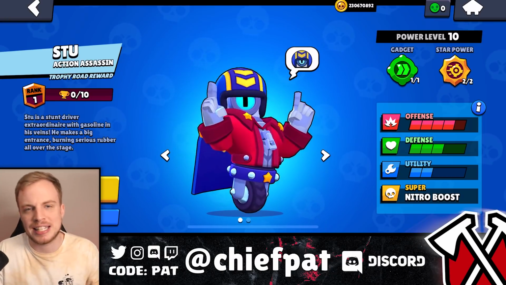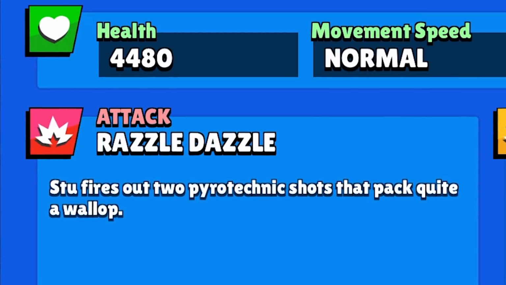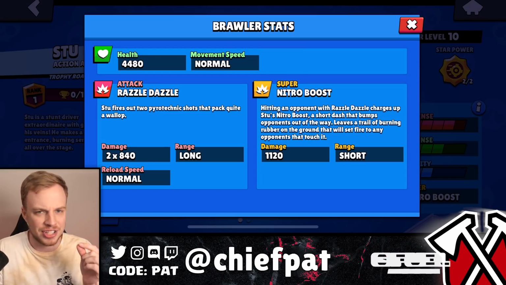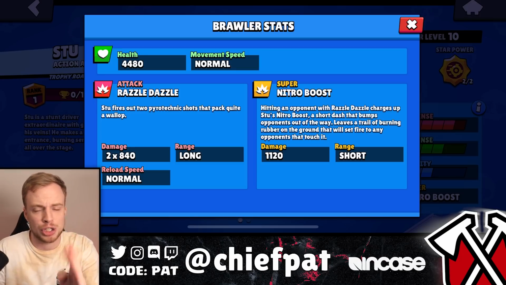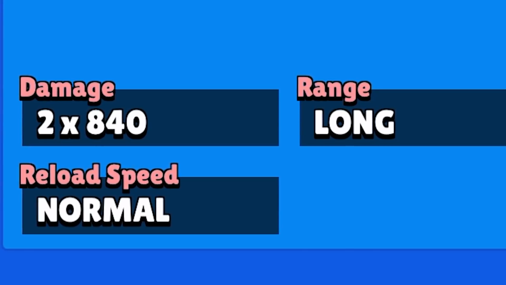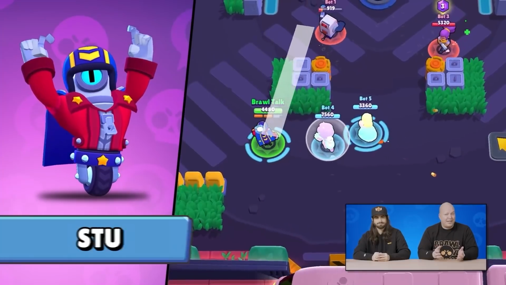Now, let's quickly break down STU's kit before we get into a couple of showdown matches inside of Brawl Stars. For STU's main attack, it's called Razzle Dazzle. It's gonna end up shooting a rather normal projectile that actually ends up hitting enemies twice. It looks like a single shot, but actually both of them do 840 damage for a combined 1680, which is a ton of damage. Goes pretty long, travels with a decent movement speed, but what's really cool about STU is